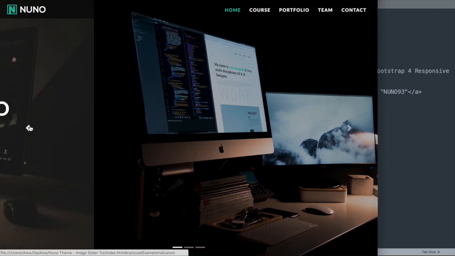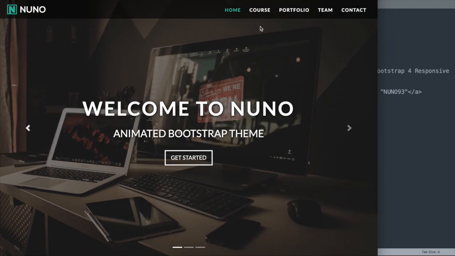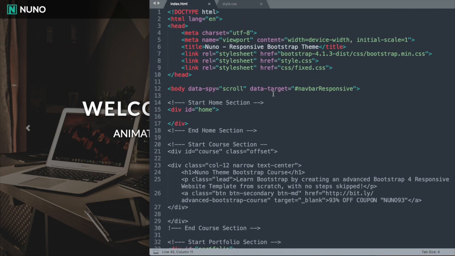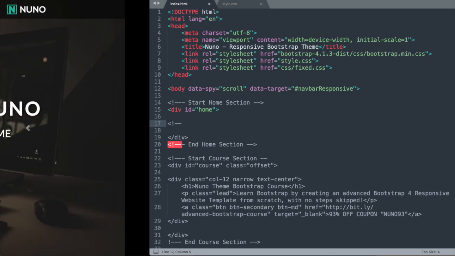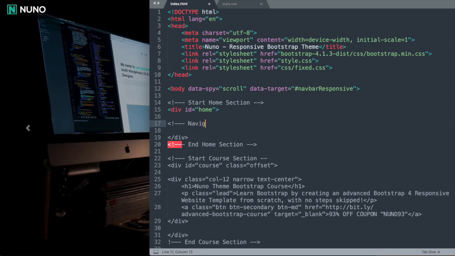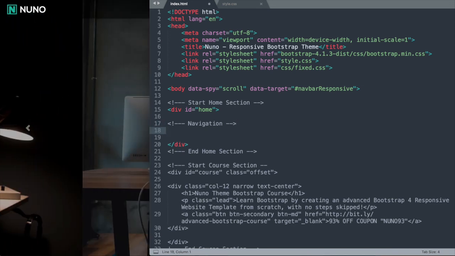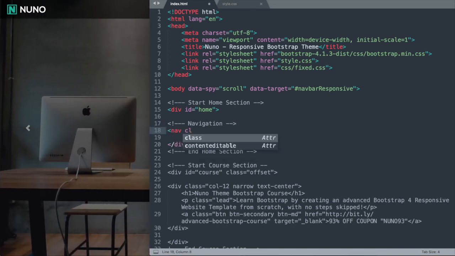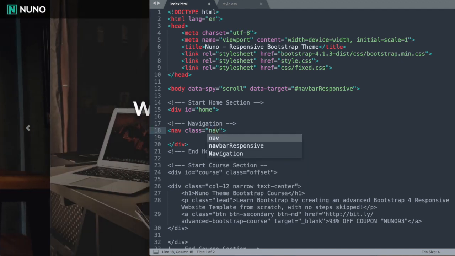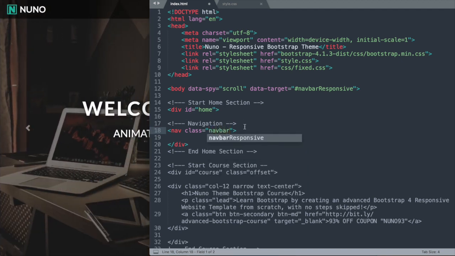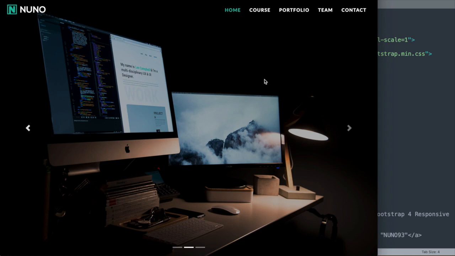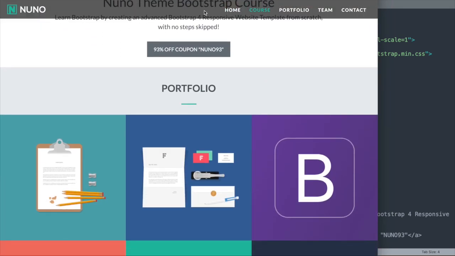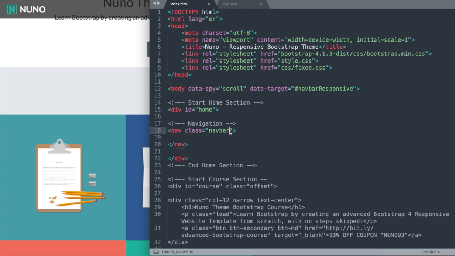so we can move back up to the top of the website and start building our navbar that has our logo and navigation links inside of it. So move back up to the div ID home, and just beneath that, let's create an invisible comment saying that this is the start of our navigation. Okay, so once we've made our comment here, let's drop down and start off with the HTML5 nav tag, and then we'll say class navbar, and then after that we're going to have a class to set the width at which the navbar expands from the mobile version to the full width version. So we're going to say